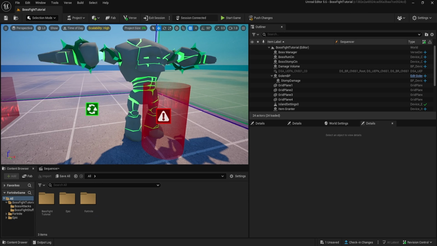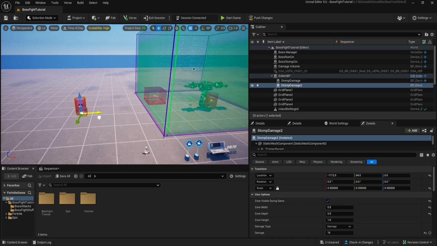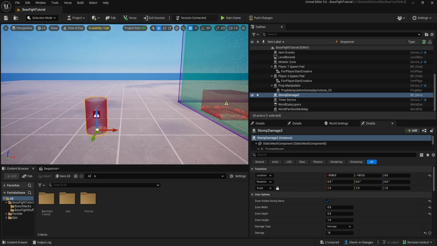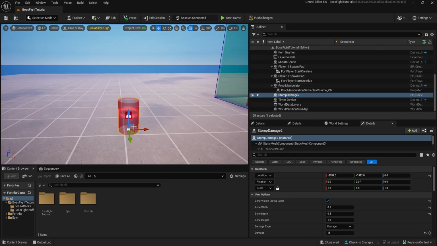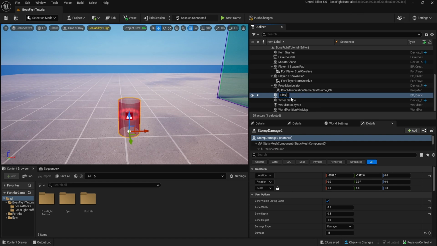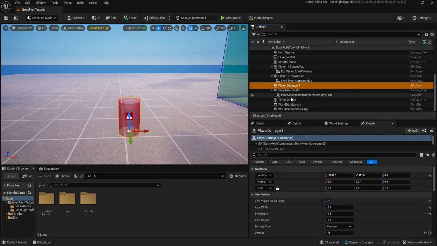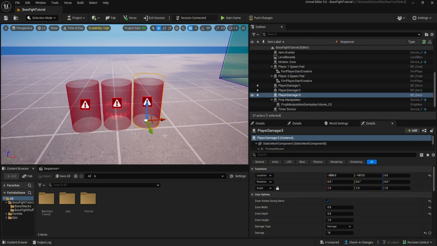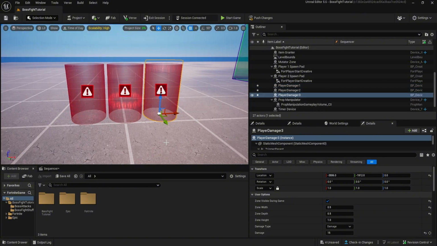So I'm actually just going to go ahead and copy this damage volume and make sure it's not attached to your golem blueprint, because that's not what you want here. And I'm going to make a couple of them, but before I do that, I'll rename this to player damager 1. And I'm going to go ahead and make 3, because we're going to want to make as many cinematics